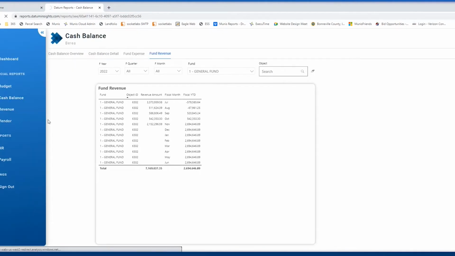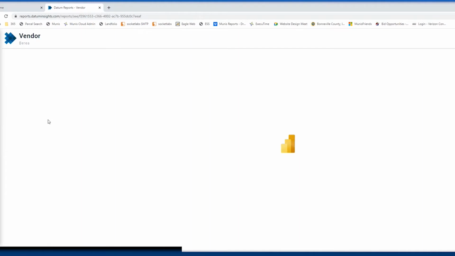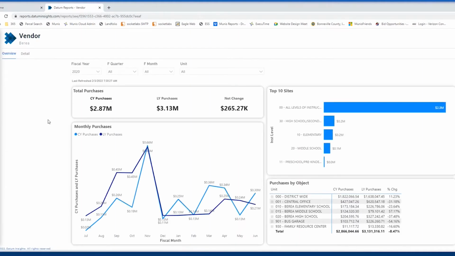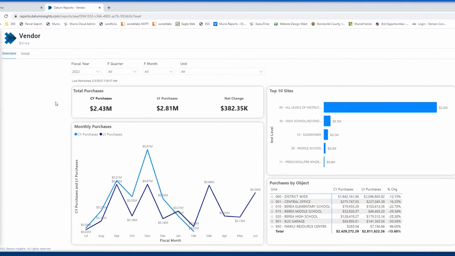In the vendor report here, this is where we tie in the purchase orders and invoice tables together. Kind of shows you a little bit of a graphical representation. Again, that 30,000 foot view of what's going on inside the organization up to 2022. And you can see the current year purchases and last year purchases and the change amount in each one of